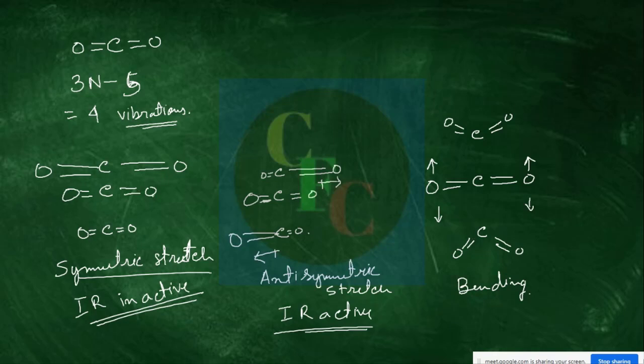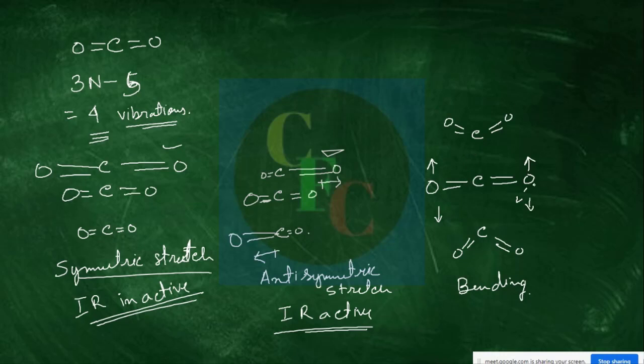Now this is one type, this is another type, this is the 3rd type. Where is the 4th one? We have to find a 4th one, because our calculation theory says there will be a 4th vibration. Be it IR active or not is not a problem, but we have to find out the 4th vibration. See, if you look at this 3rd one, this bending, I have drawn it on the plane of the paper. What if it is out of plane? Suppose the oxygens are coming out towards you and away from you, both doing it simultaneously. Then that is another type of vibration, right? So that is also bending.